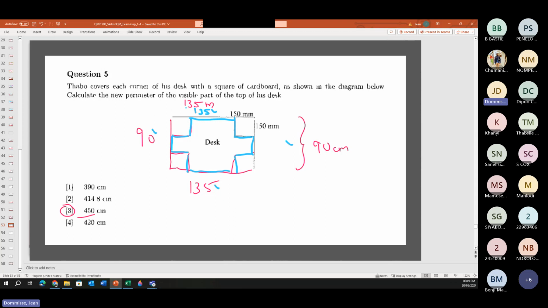Wait, no, 270 plus 180, sorry. 270, 370, plus 80 gives you 450. Okay, it would have been way different if I asked you to work out area, because then you lose this